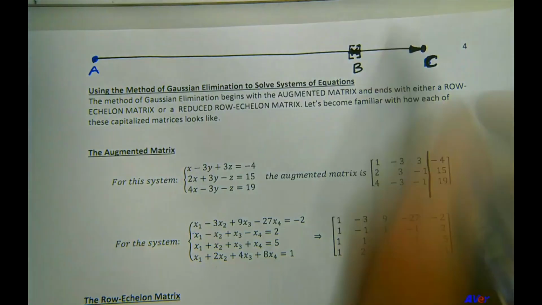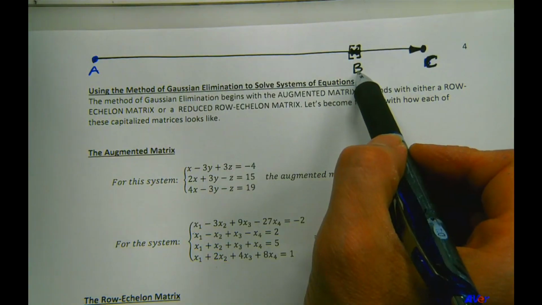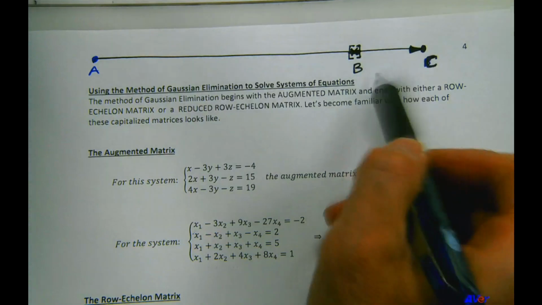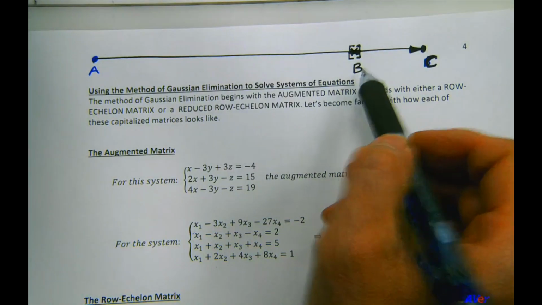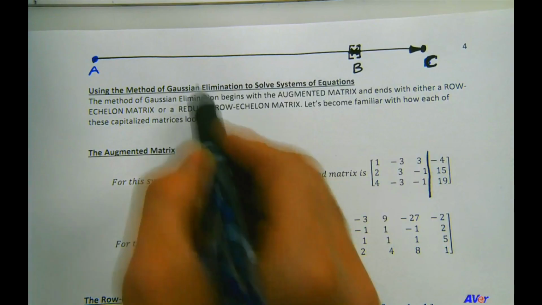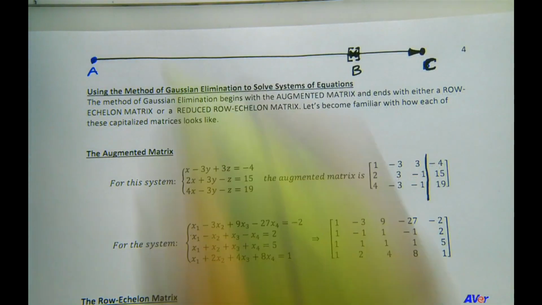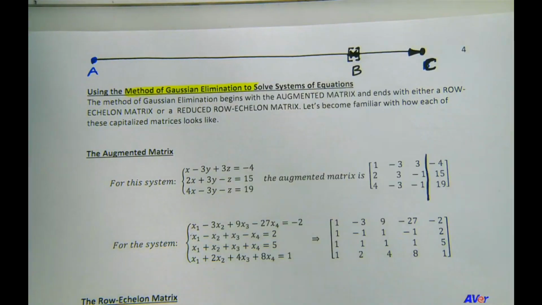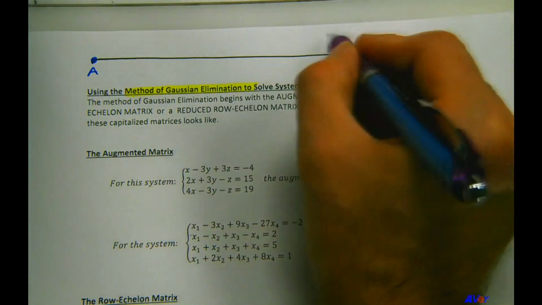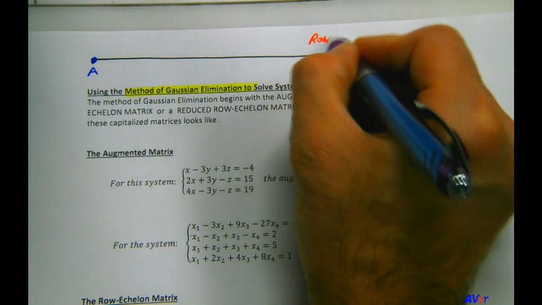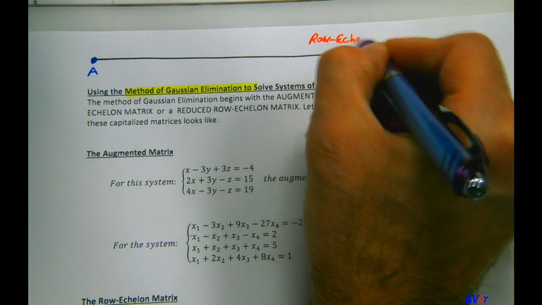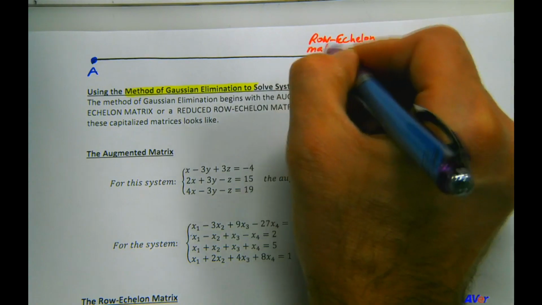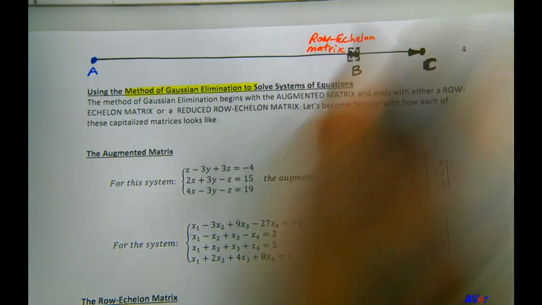So this earlier station where we can get off the bus and walk the rest of the way is called, in this method of Gaussian elimination, the row echelon matrix. So let me write that here. Row echelon matrix. Okay, so when you solve a system,